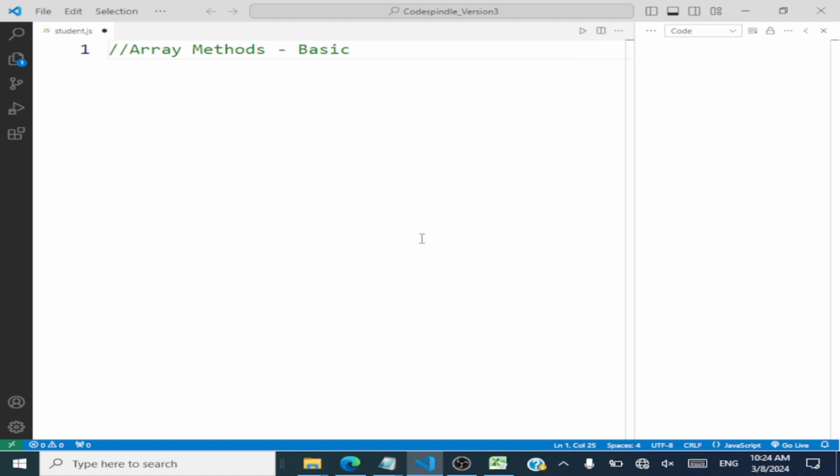Basic methods like shift, unshift, join, pop, push, slice, splice. So we have taken a demonstration for all these things. In today's class, we'll take a look at more of the array methods. This is session 2. What we are going to discuss is more of the array methods